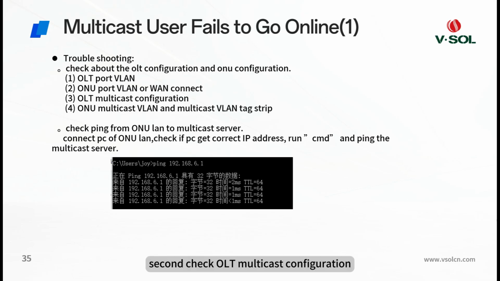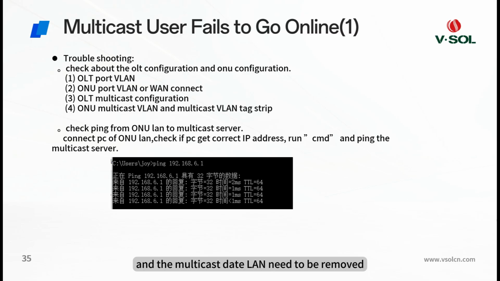Second, check the OLT multicast configuration. This step is to check if the IGMP setting is correct, so the OLT will transfer the multicast data. Third, check the ONU multicast VLAN and multicast VLAN tag strip. This step is to check the ONU setting, whether the ONU permits transfer to the LAN side, and the multicast data VLAN